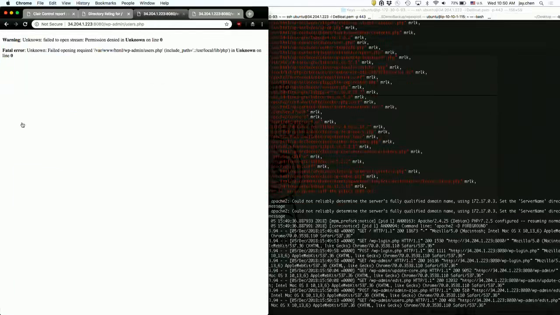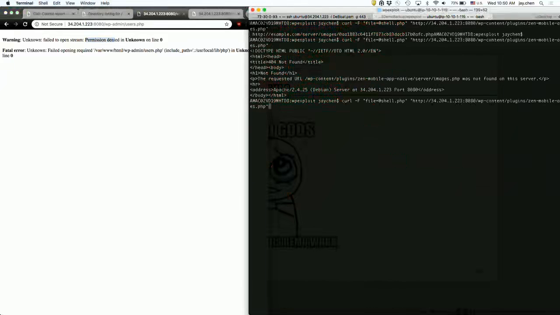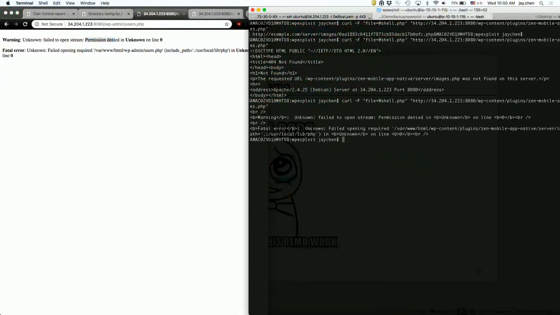No, the page is not available, and this time we get a slightly different error message. Instead of saying not available, this time we get a permission denied, because the file is still there, but we've simply enforced the policy to deny access to this specific file. And similarly, if I try to pull the same attack, the same exploit again, unsuccessful, and we get a different error message: failed to open stream, permission denied. Again, the file is still there, but this file simply is not in our whitelist.